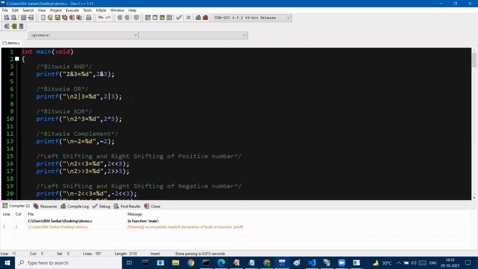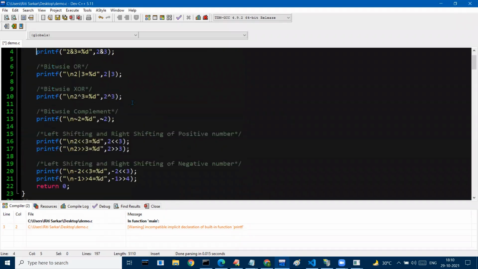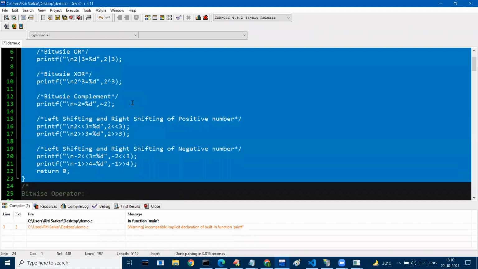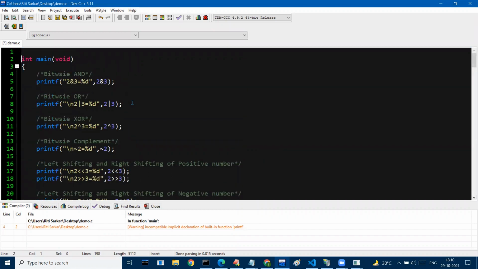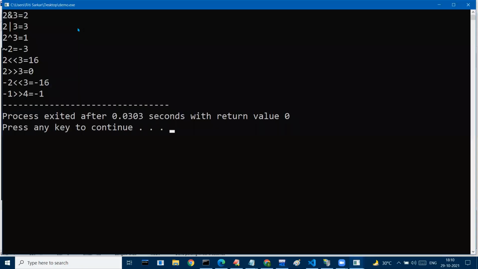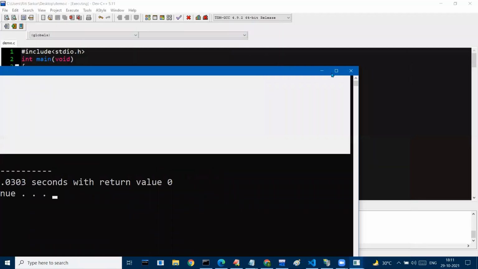Everything is done. Now it's not the end of the discussion, because tomorrow we will have a session, guys. Normally Saturday is a holiday, but tomorrow we will have a session. Tomorrow when we meet, we will practice this left shift operator, right shift operator, positive numbers, negative numbers, and everything. So next class you have to be ready with your pen and paper, right? And I will give you multiple examples which we have to solve. Thank you, guys.